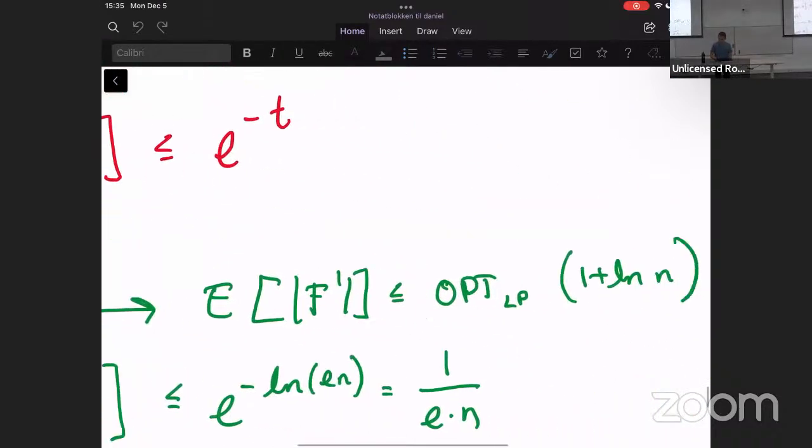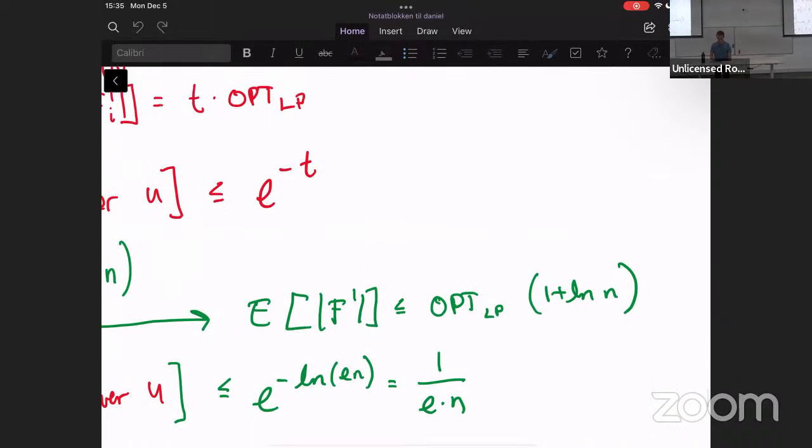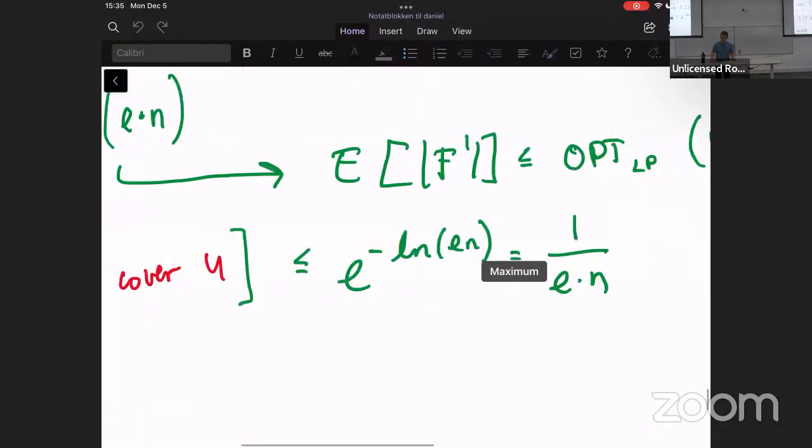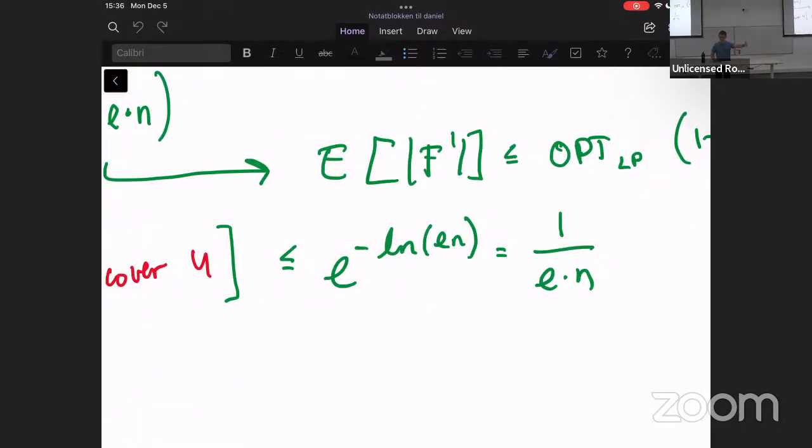Now, notice the expected size of F prime is opt LP times ln of e times n. So this is a log n approximation algorithm if it works. But what is the probability that it doesn't cover u? It's e to the minus ln en, so it's 1 over en. So if I pick a fixed element, the probability that my family doesn't cover that element is at